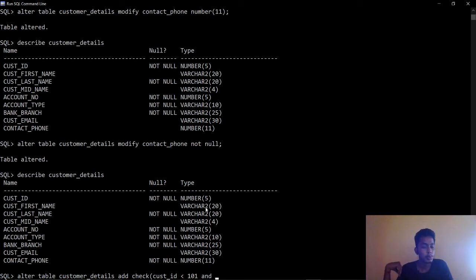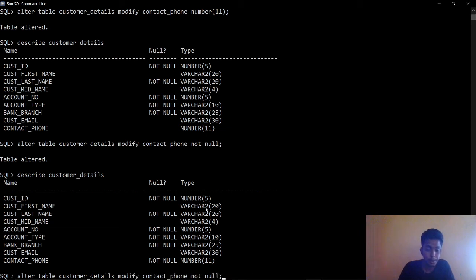It executes both the left and right hand side in a boolean way: true and true returns true, true and false returns false, false and true returns false, and false and false returns false. The same principle is followed here. So customer ID should be within this limit, one less than 105, and it should be